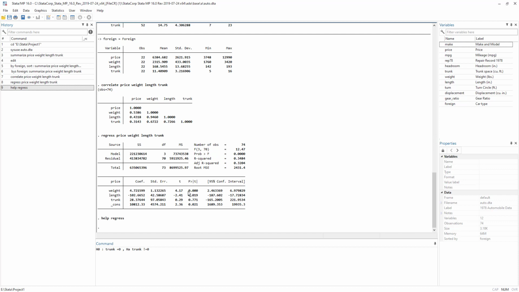So in this case, when the p-value is less than 0.1, or it depends on our level of significance, say it is less than 0.05, then we would reject the null hypothesis. When we reject the null hypothesis, we would accept the alternate hypothesis, and we can say that, in this case it isn't trunk, we are discussing weight, the effect of weight on price is not 0.